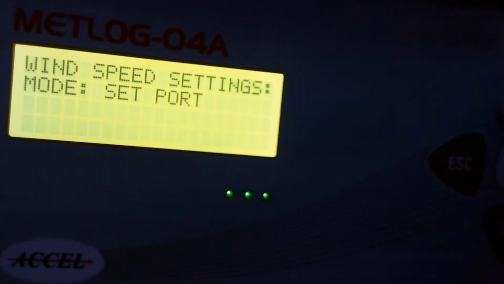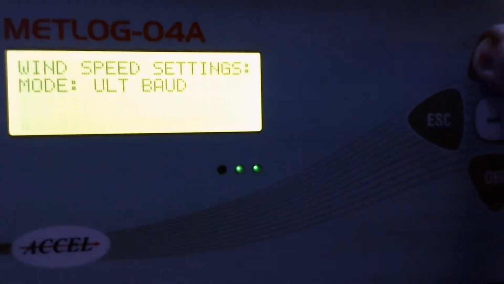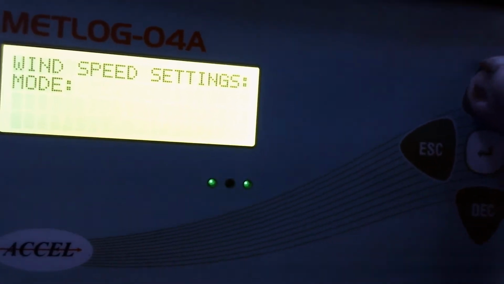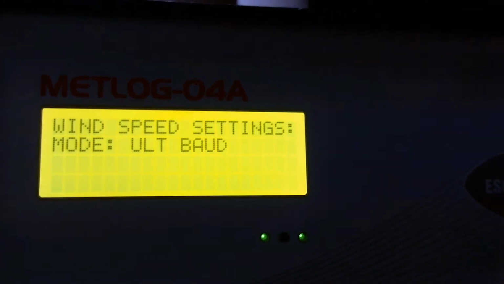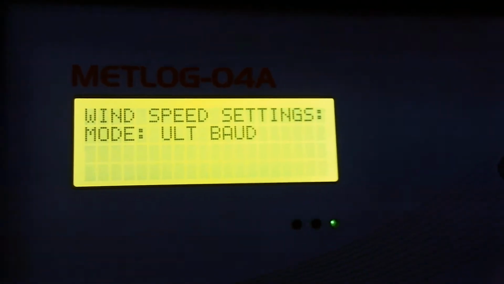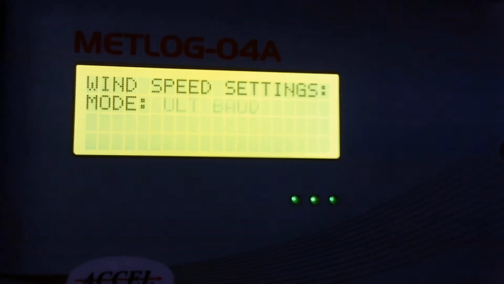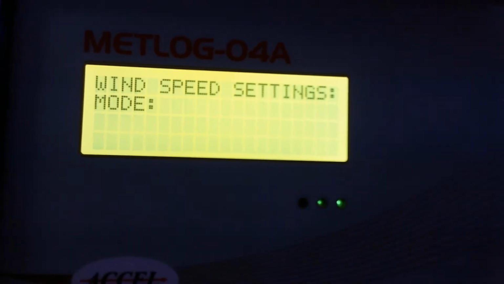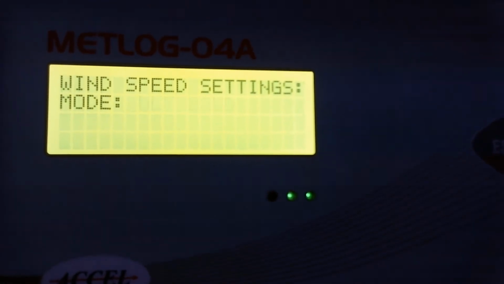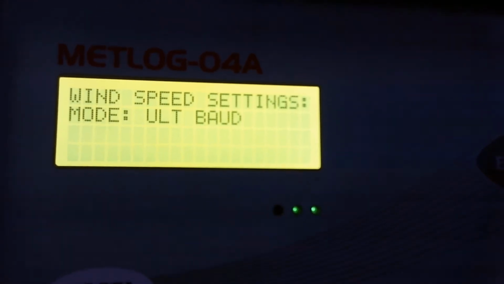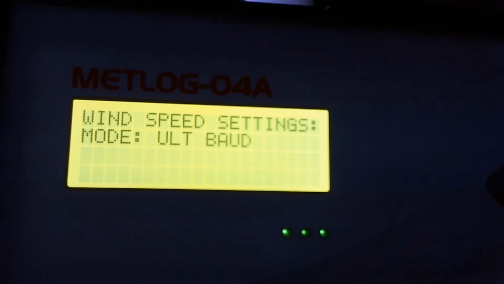Then the next setting is ultrasonic baud rate. Baud rate is for each and every sensor. I told you last time, for the pressure, cloud, wind sensor and optical anemometer sensor also, baud rate is there. So what is the baud rate for ultrasonic? For ultrasonic it is 9600. For optical anemometer, baud rate 4800. For pressure sensor, 9600. For cloud sensor, 1200. Please note down all these baud rates.